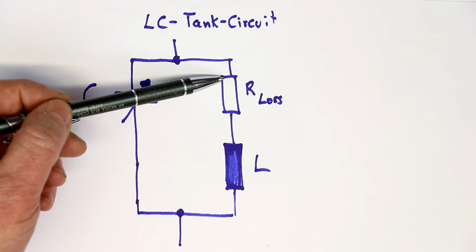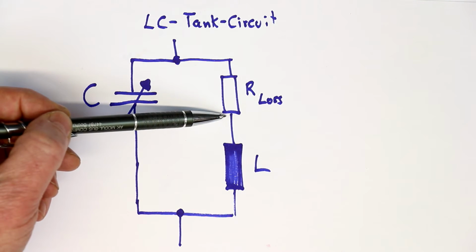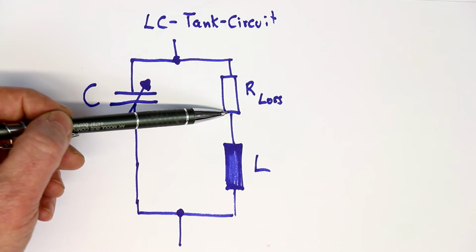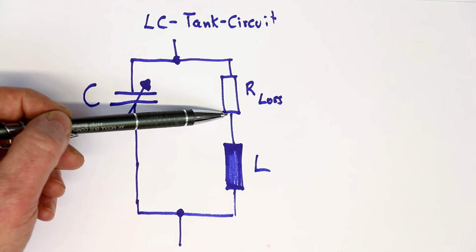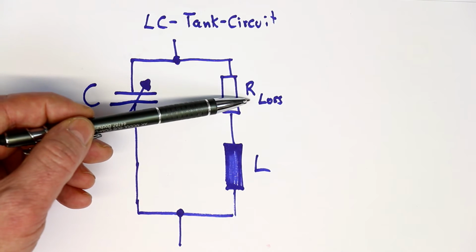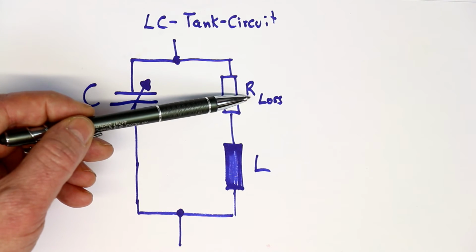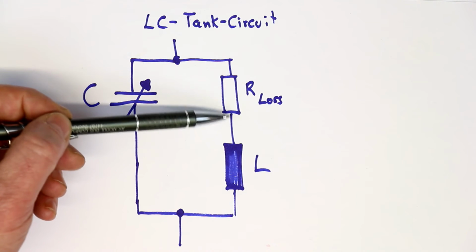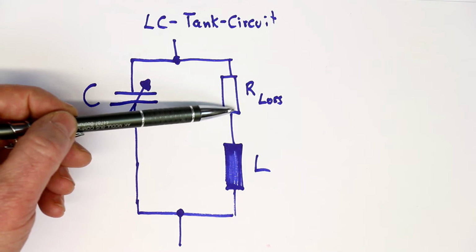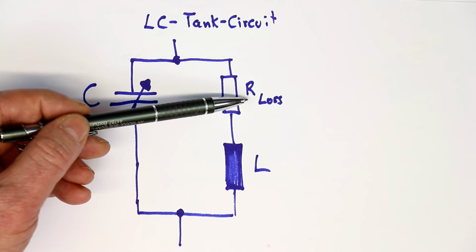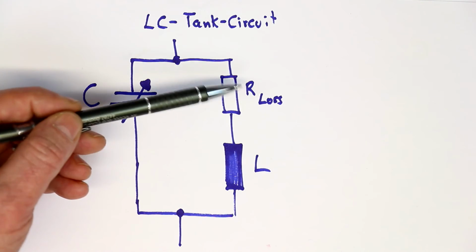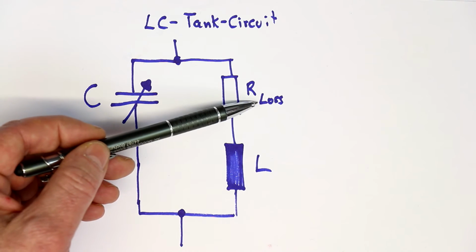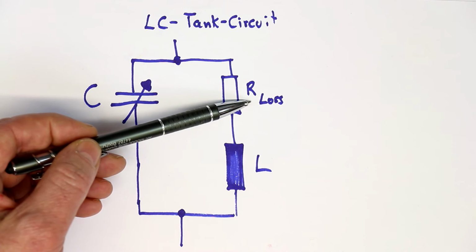manage to dampen the oscillation, to dampen it out over time. And we of course already know the smaller the losses, the better the Q factor. That's immediately apparent. And so our task will be to find out which factors determine the total loss resistance and